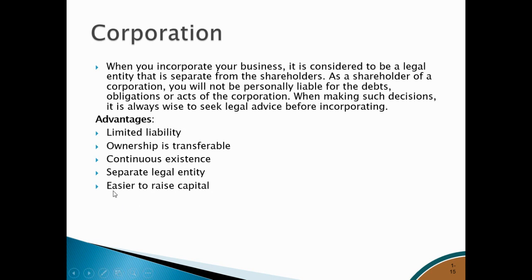The main reason is that it is easier to raise capital. Unlike a sole proprietor, you are only dependent on a few options: your friends, your family, your relatives. But when it comes to a corporation, let's say DG wants to expand their business and they need 100 million. They need cash. What they have to do is issue new shares worth 100 million, and there are people willing to purchase the shares. So it is easier to raise capital.